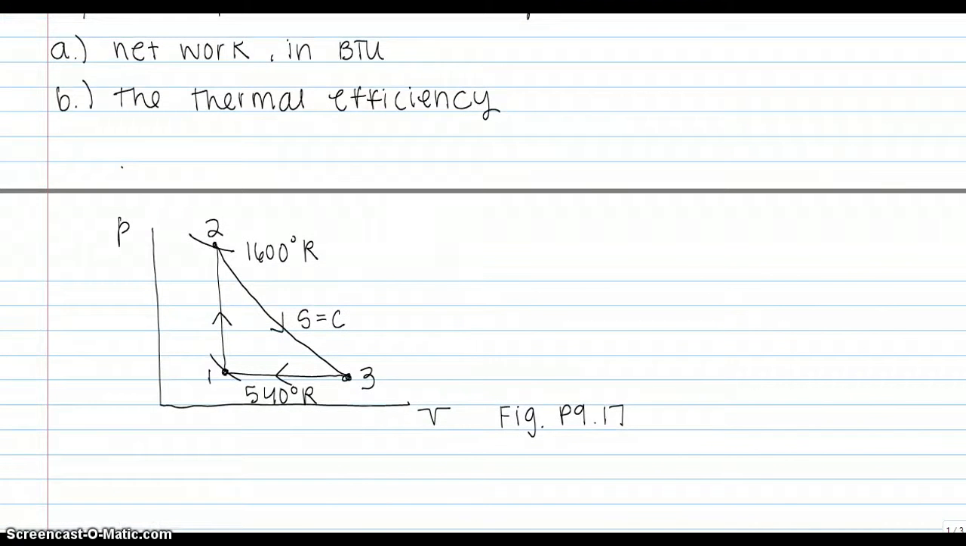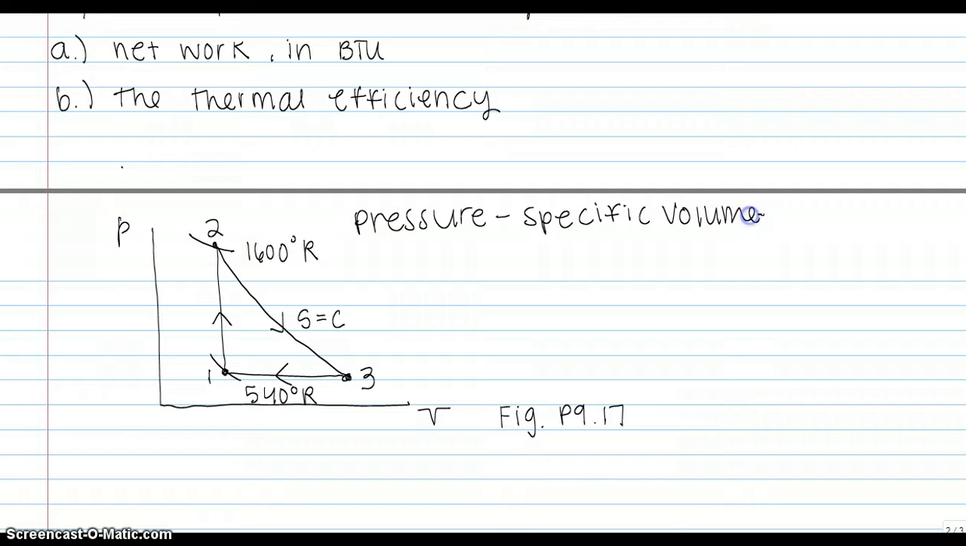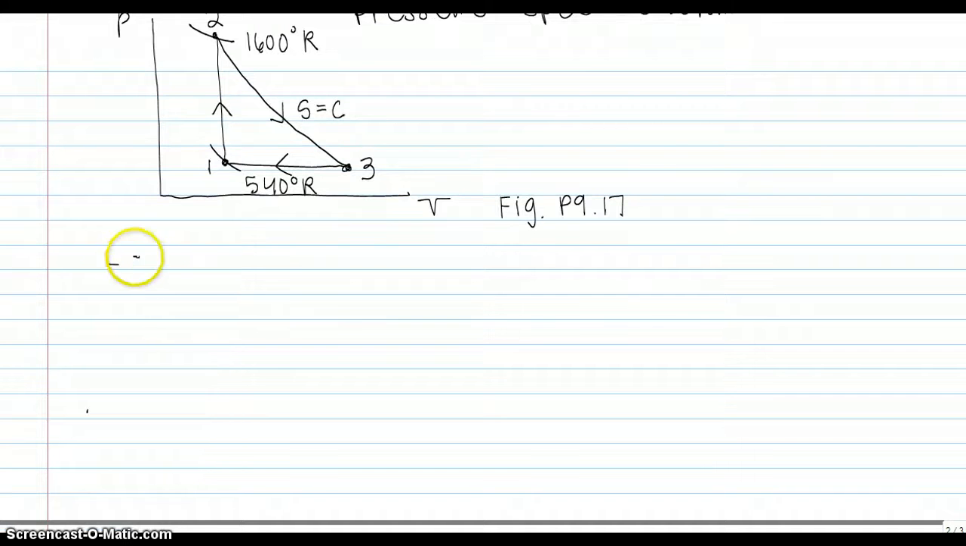Below we are given the pressure specific volume diagram. And by looking at this, we have that it is a closed system. It states in the problem that the cycle consists of constant volume heat addition, isentropic expansion, and constant pressure compression. We are given that it's an ideal gas